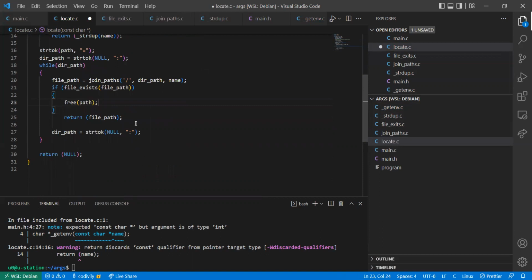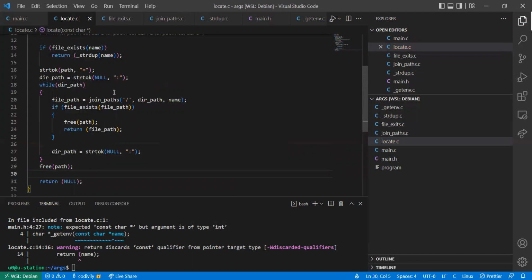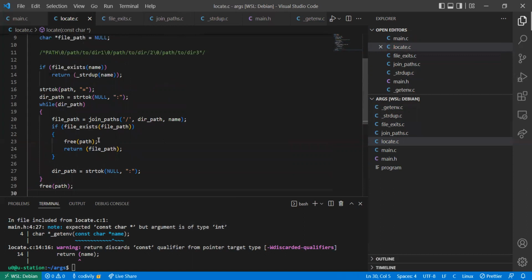Then we return the file path. But anyway, we also have to free the path here before returning null. So we won't have any memory leakage. And here too,